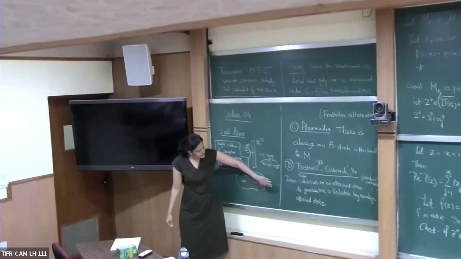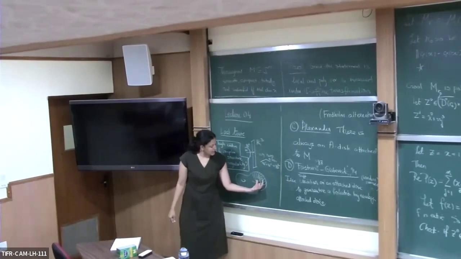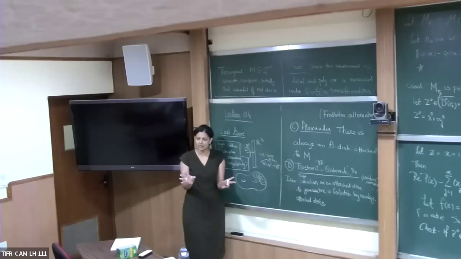And if this quantity satisfies the condition, then I am guaranteed the existence of nearby disks. It also tells me how many disks to expect, like what is the dimension of the parameter space. And if the condition is not satisfied, it also tells me that this is the only disk over there, up